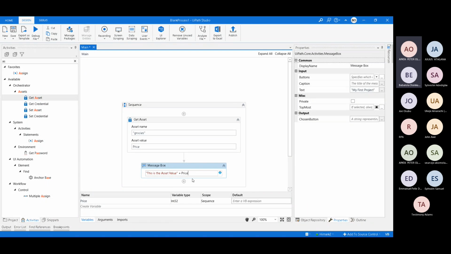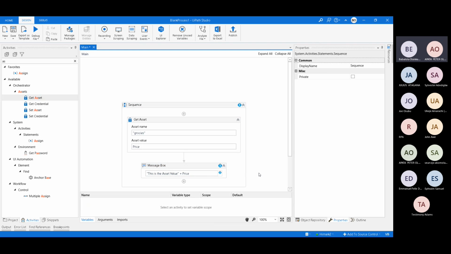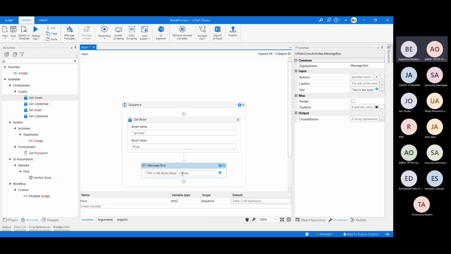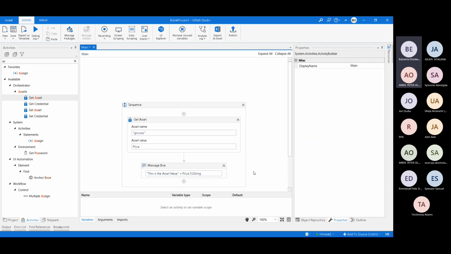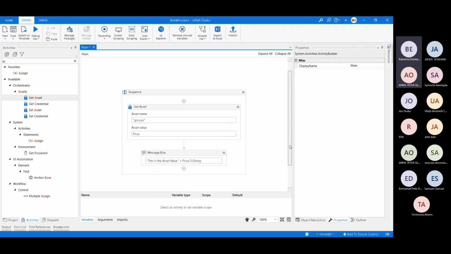Before history repeats itself, we stop operating on the old policy and just start running this. No, because your asset value price is a number, you convert it to string. Say dot to string. Okay, so we can save, publish it.